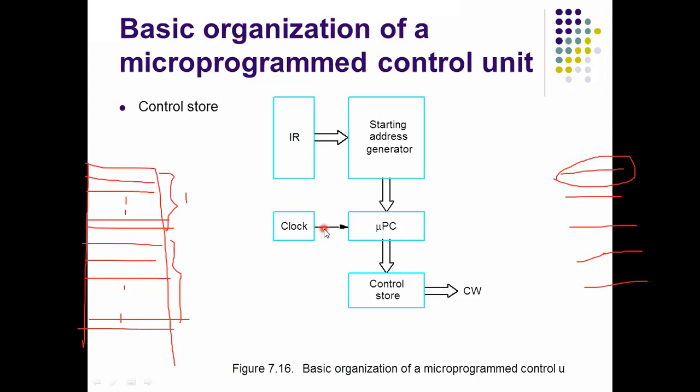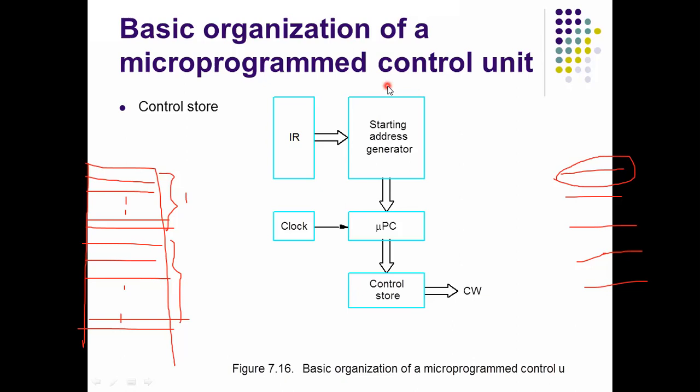Whenever we take micro instructions from the control store one by one, in a sequential way, the microprogram counter is incremented. In this way, the control signals are generated for various parts of the processor in the correct sequence. Only when we take the micro instructions in the correct sequence do we get the desired operation.